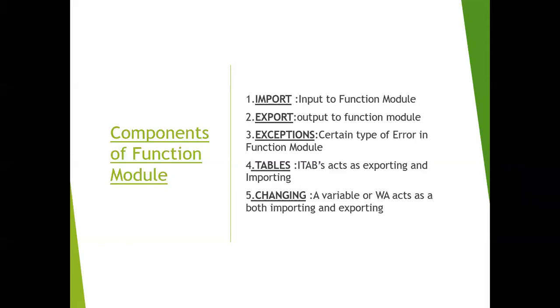Any number divided by 0 is not acceptable in mathematics. So that kind of exception you can handle in the exceptions. That will throw you a divide by 0 dump, and that dump you can handle there. Here you can give 1, 2, 3, and based on that you can handle the exception. Okay, got it?